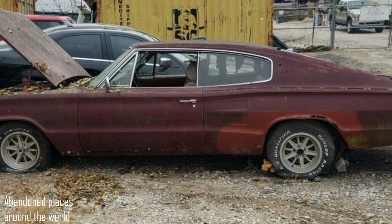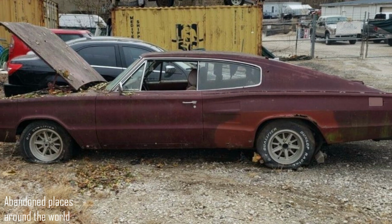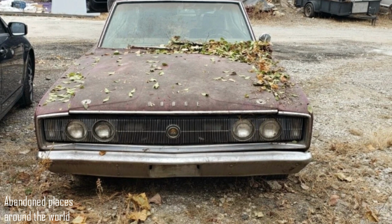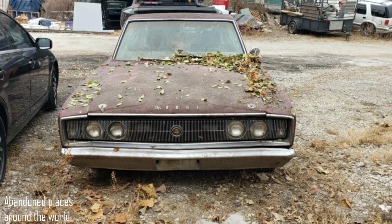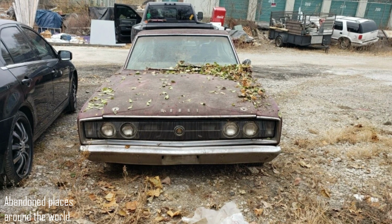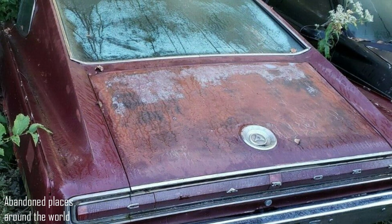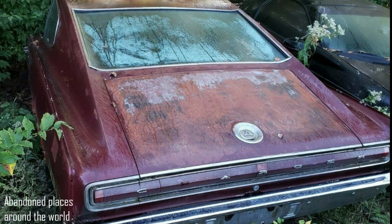Hidden treasure: a Dodge Charger model 1967 almost disappeared in the junkyard. What a depressing sight. The 1967 Dodge Charger was a very cool car, but those days are long ago. It is unclear how long it hid among the foliage, but now it was found and taken out of the